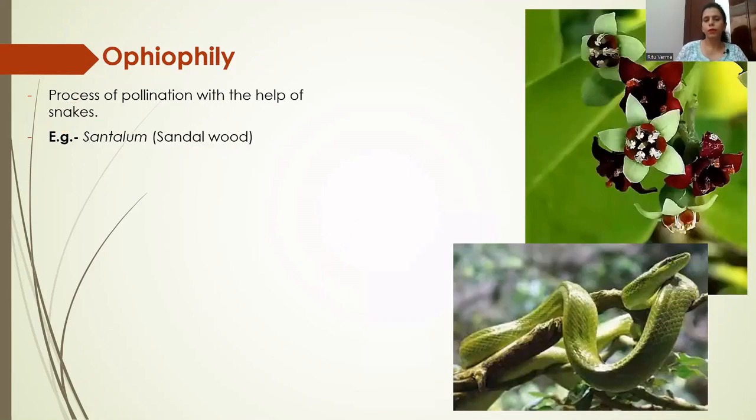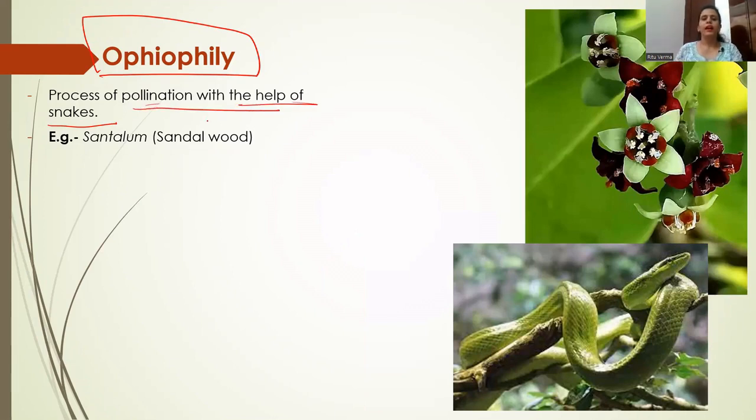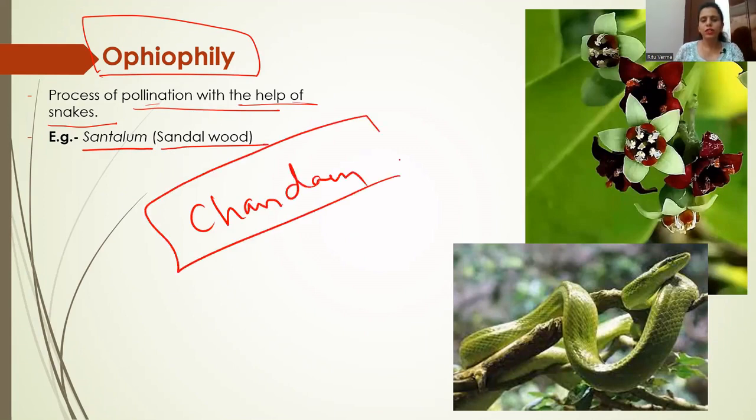The next type of process of pollination is known as Ophiophily. Okay, Ophiophily is actually the process of pollination when the pollination is done by snakes. Okay, and one of the most common examples of this type of pollination is Santalum plants. Santalum plant is commonly known as sandalwood. Okay, in Hindi it is known as chandan. Okay, so this chandan,